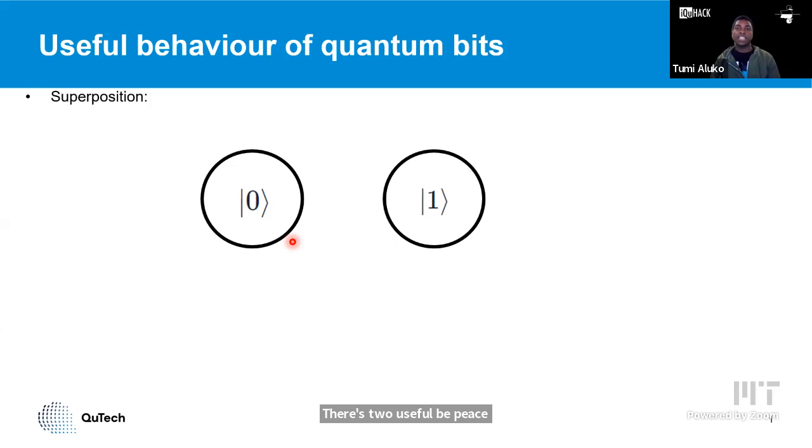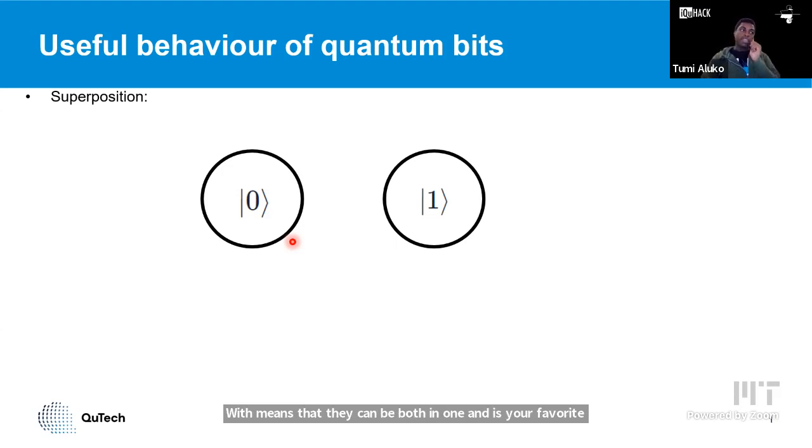behaviors of quantum bits that are what make them so interesting for us to use. The first of these is superposition. All of you have used a computer before, so that means that you probably know what bits are. And bits are essentially states, 1 or 0 states that are used to store data and to do operations on the computer. Now, when we go to a quantum computer, these bits get replaced with quantum bits, and these quantum bits can enter superposition, which means that they can be both in a 1 and a 0 state at the